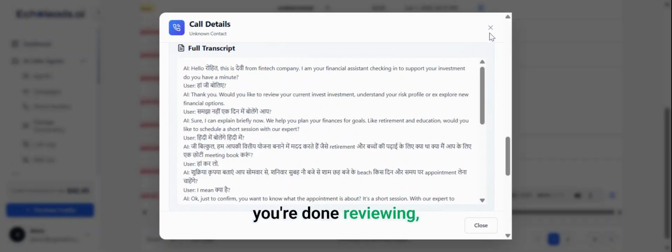Once you're done reviewing, simply hit the close icon in the top right to return to your call logs. The call details module has given us a full breakdown of that single conversation.